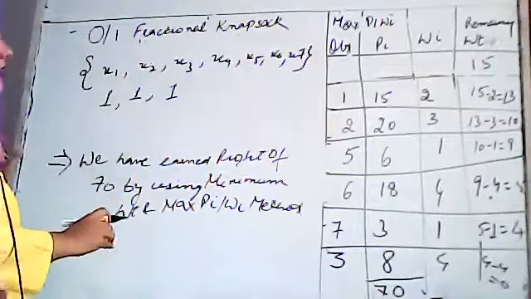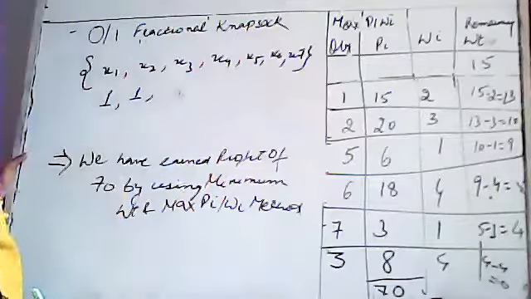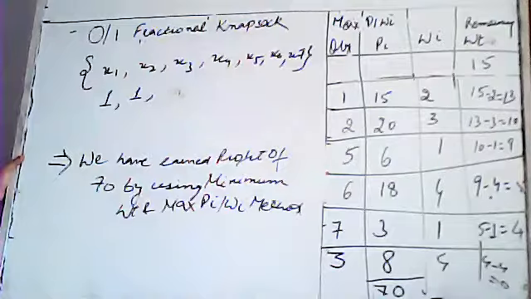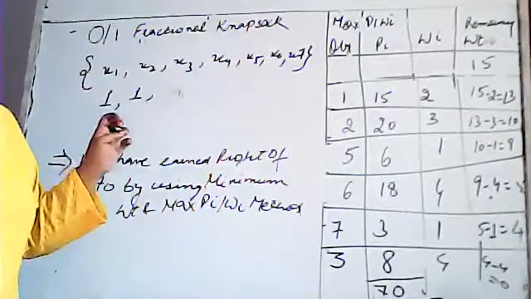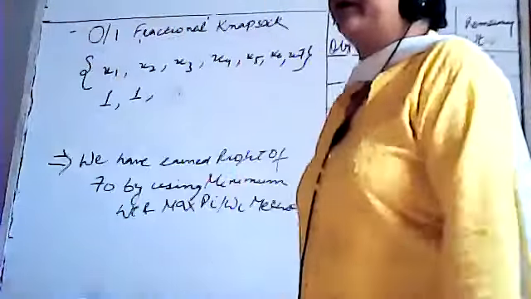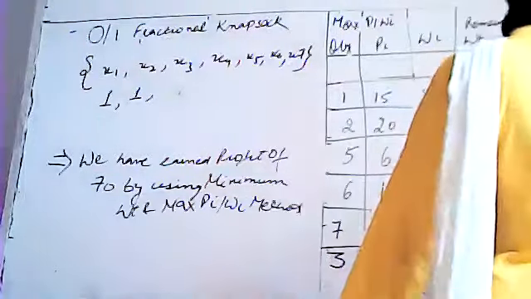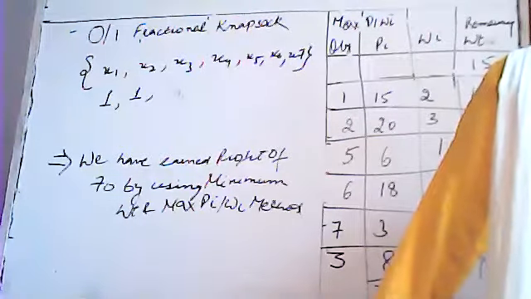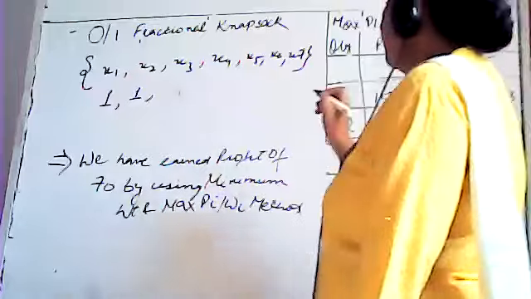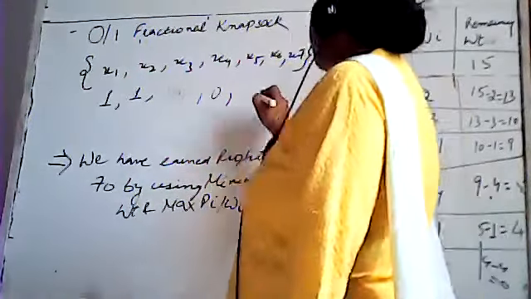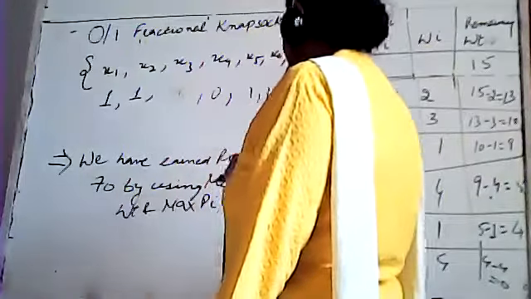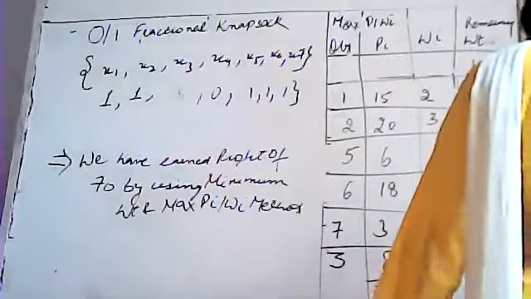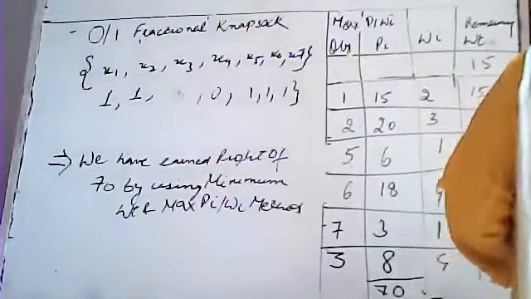We took X3. Now don't put 1 here, because you have not taken the entire part. How much part of it have you taken? Please tell me in percentage what part you have taken. X4 you have not taken, put 0. X5 we have taken. Yes, X5, X6, X7 we have taken. Just wait. What would be the part that you have taken here? You have taken 8 by 10 part, no?